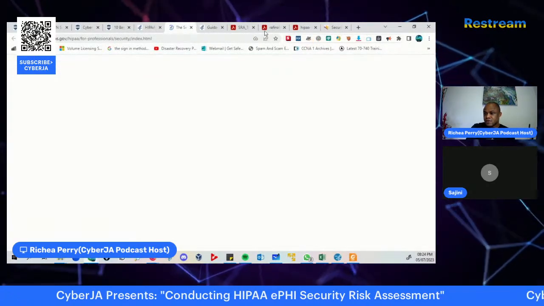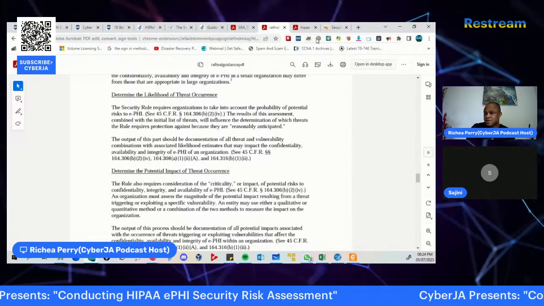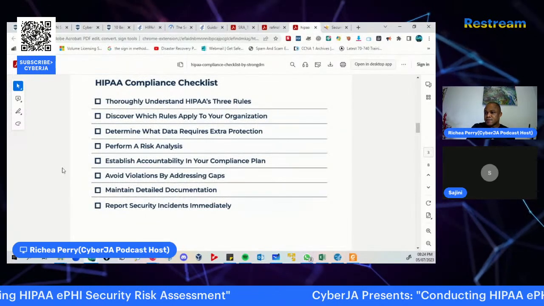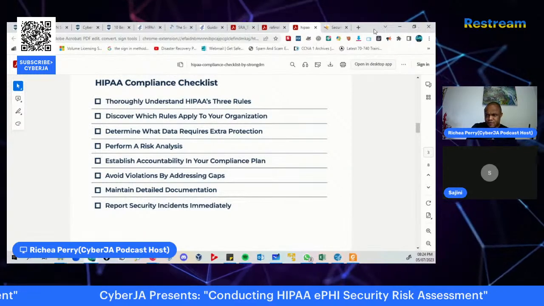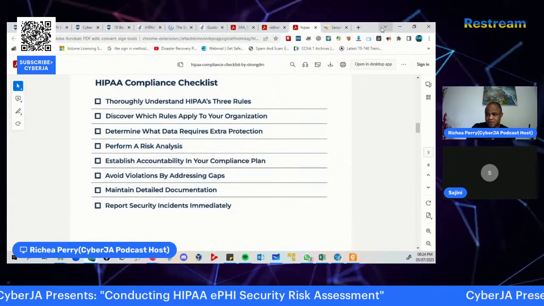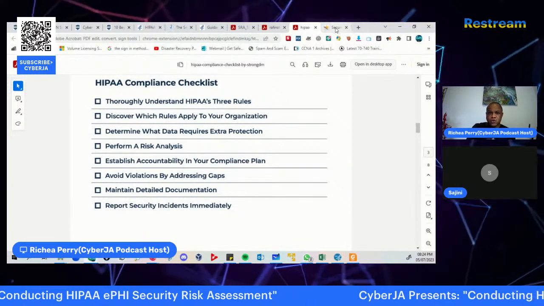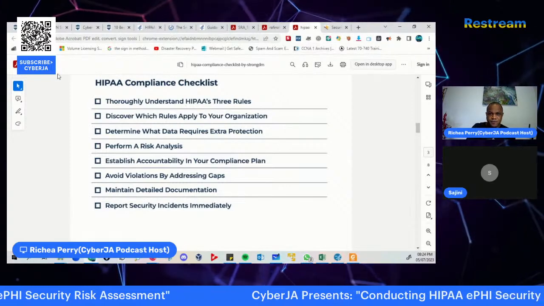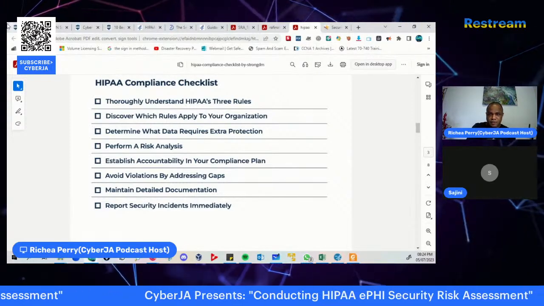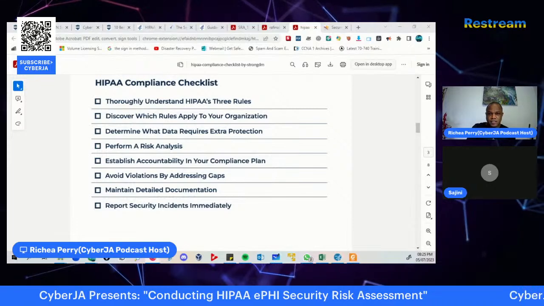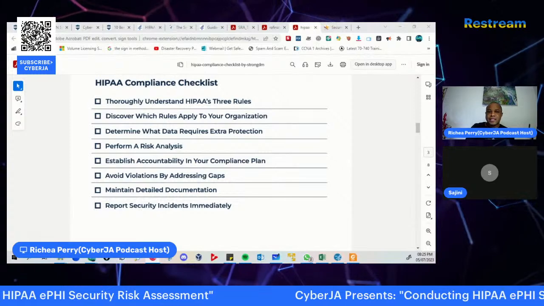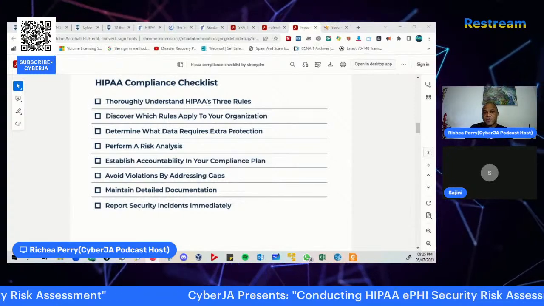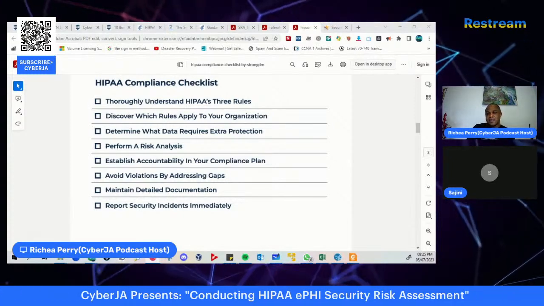All right, so once that is done, guys, and you understand your checklist, the next element, for sure, is that you want to have that plan, right? As I mentioned, the plan surrounding the HIPAA implementation. The first step in implementing HIPAA is to hold an initial meeting with the key stakeholders in your organization.